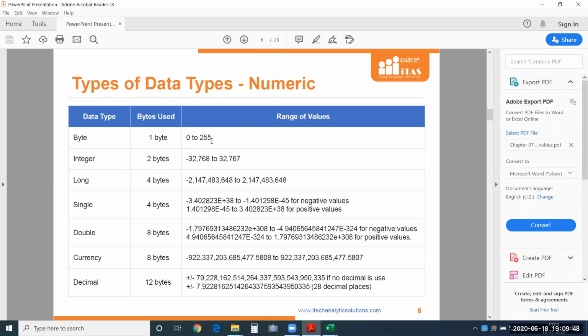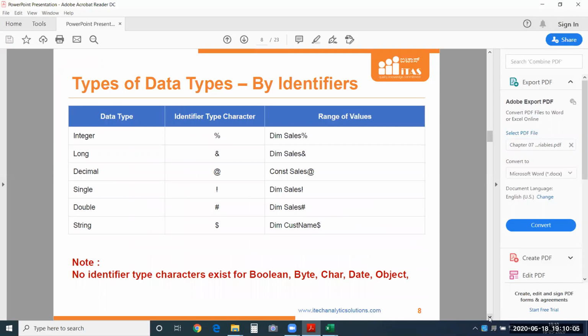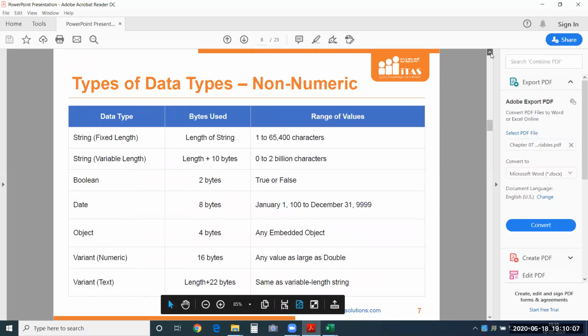And if you have a value in the range of 32,768 to 32,767, then you will go for integer. Again, you have a huge list like this, which allows you to decide which data type has to be used. Based on the type of data you are storing, you choose the data type.